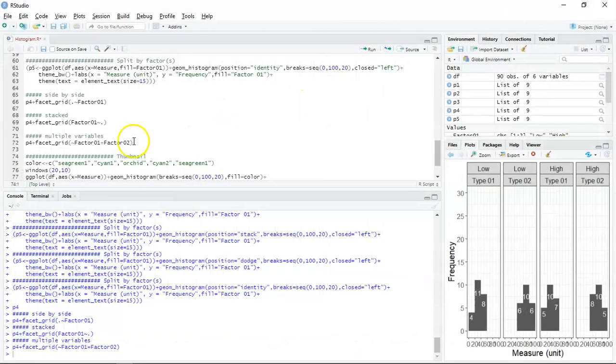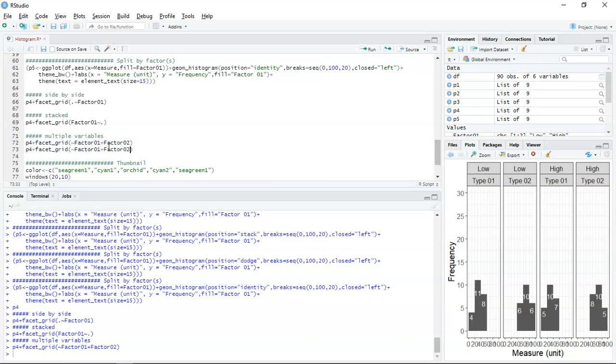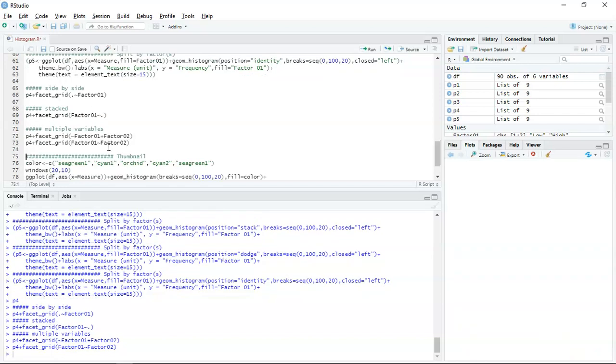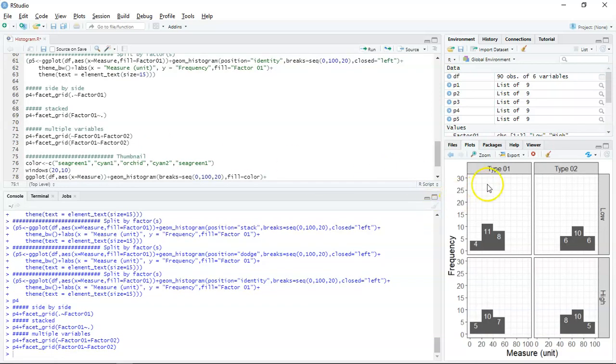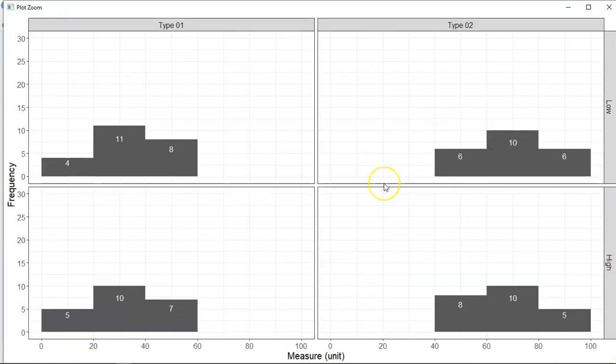There are loads of little editing bits that you can do here. I put this tilde at the start. I'll just do another way. I'm going to do this two more times just to show you various options, and then I'm going to finish off this video. I could put the tilde in the middle here, and what that does quite nicely is set up the data in a box format. So it puts one factor as the rows and the other as the columns, which is quite nice how it does this. Obviously, I'm not spending any time commenting on it. This is just looking at the various ways that you can generate histograms in RStudio when you have a measurement